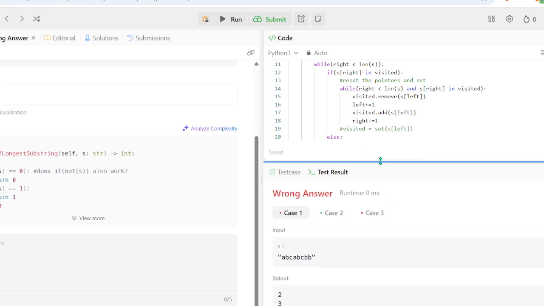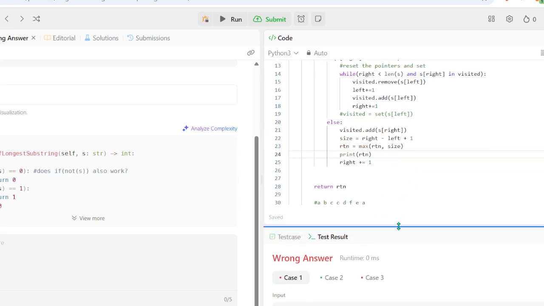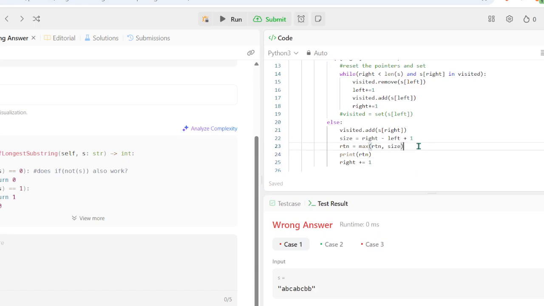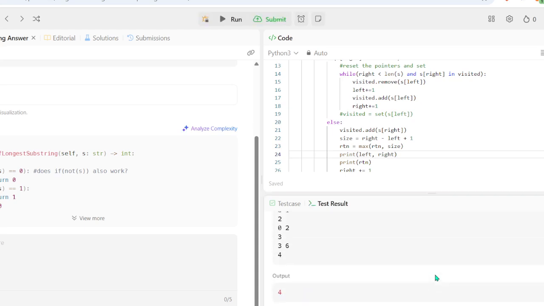So it says it goes from 2, 3, 4. It's also printing left, comma, right. So when is it thinking that it's okay? Three, 4, 5, 6.